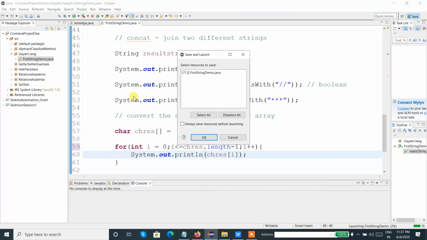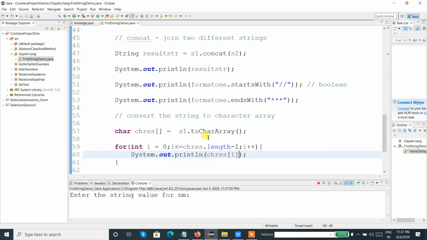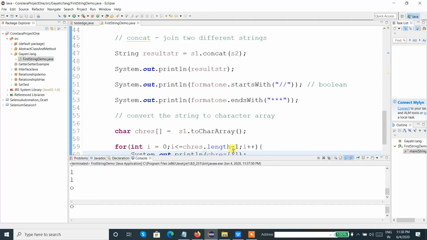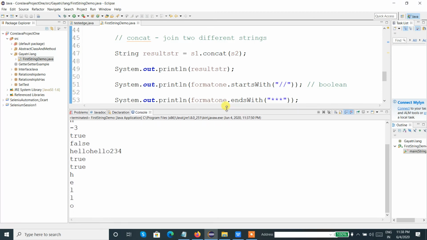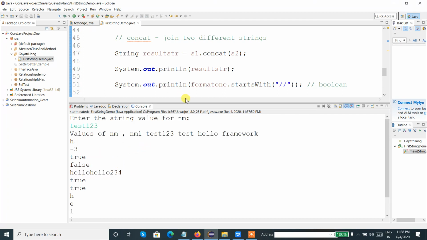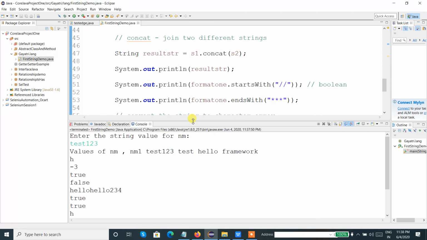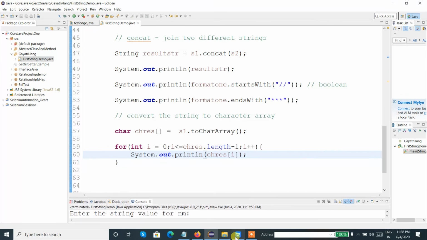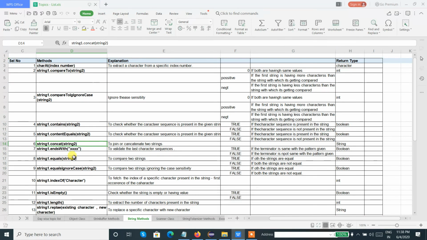Now let us execute. So many errors will definitely come while executing the code, because we are writing huge code now, so no need to worry about that. See this here. So we converted the string to a character array, and we can get the values character by character. So this is how we can use the toCharArray method to convert the string into a character array.